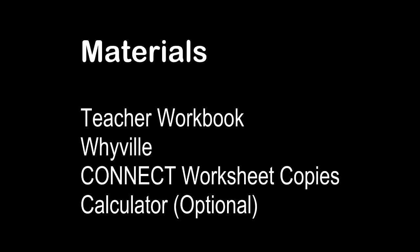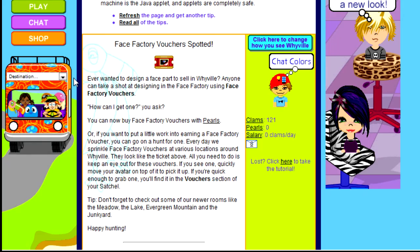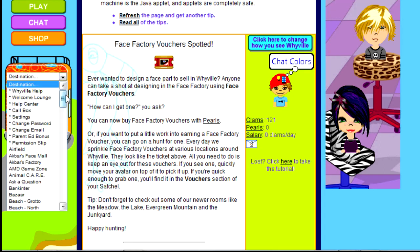Welcome to Adventure 5, Electric Farm. For this lesson you will need your teacher workbook, an internet connection and access to wyville.net, printouts of the student worksheet, and optionally, a calculator. Now let's take you through the activity so that you can know the ins and outs of what the students